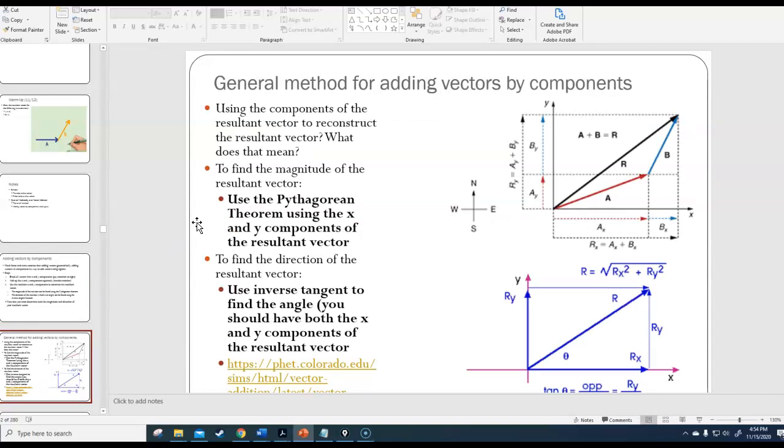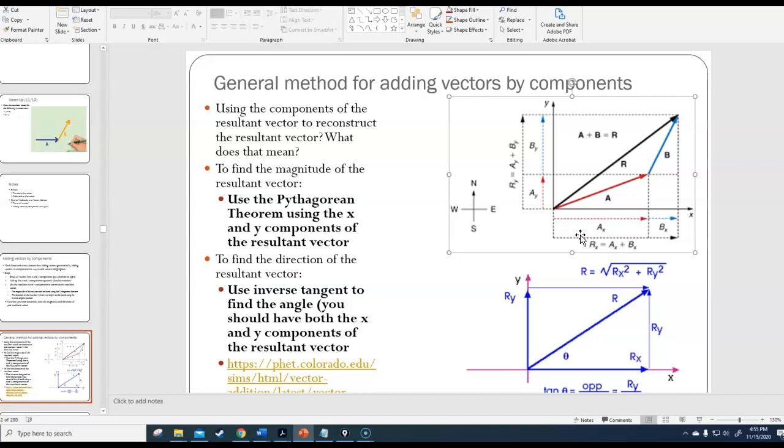Okay, and so I outlined the general method for adding components here, and these pictures are basically just meant to visualize what I just described. I don't really think there's anything new on this slide, but if you do look at these pictures, you can see this top picture explains how the component method works. Let's say you want to add vector A to vector B, and A plus B is R, where R is the resultant vector. Then what you do is you find the x component of vector A, the x component of